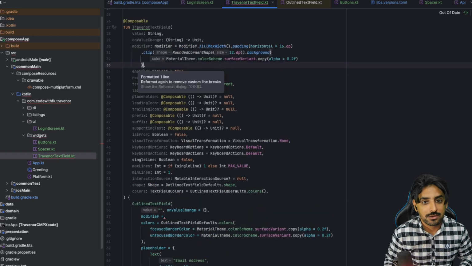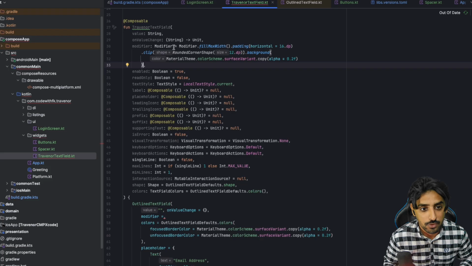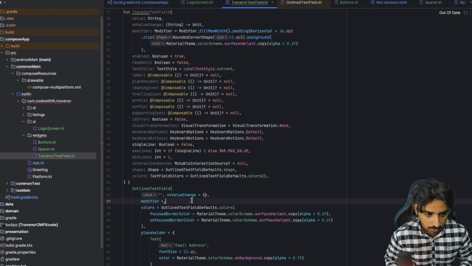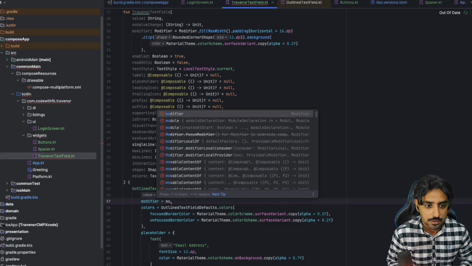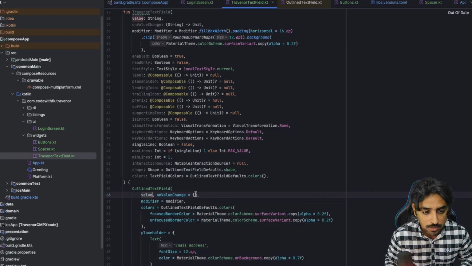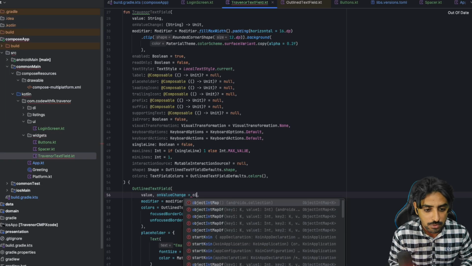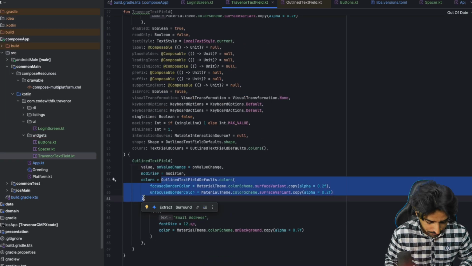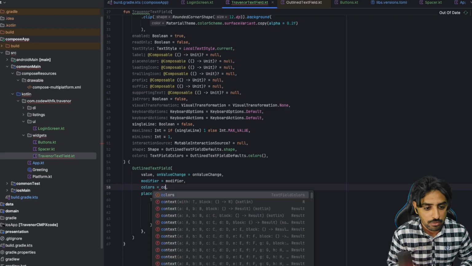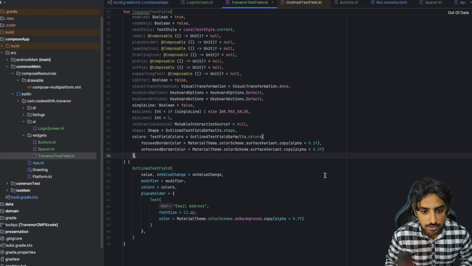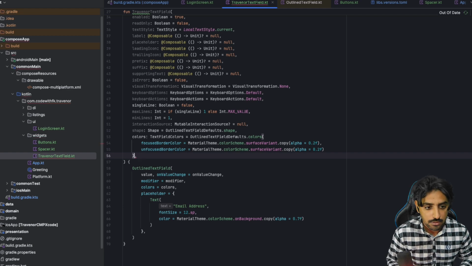So the user can still update that, but for default we'll have this, and this is going to be just a modifier that we'll be using for this, and the value is going to be the value that comes from there. onValueChange is also going to be onValueChange that comes from the top, and the colors, again it's going to be colors, but right now you see there is a default color. Instead we're going to change it to this. Okay,